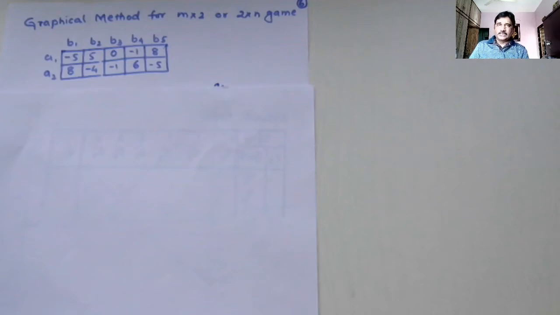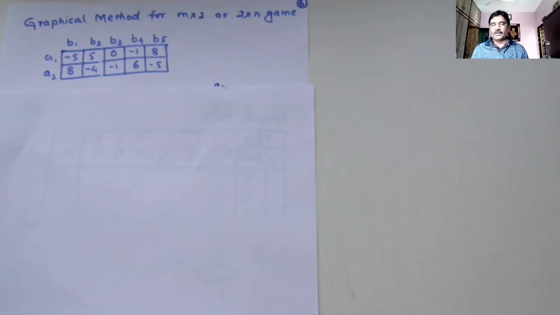In the previous lecture, we have seen that if one of the players has two courses of action available to him and another player has more than two courses of action available, then the player having more than two courses of action is bound to choose only two courses of action out of the many available to him, and that led us to what is called the method of subgames, right?